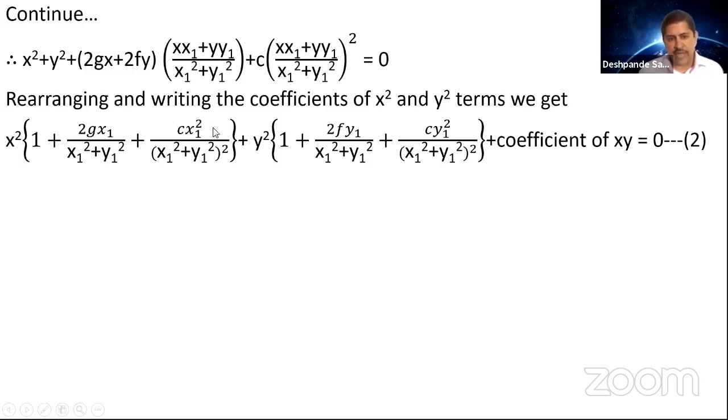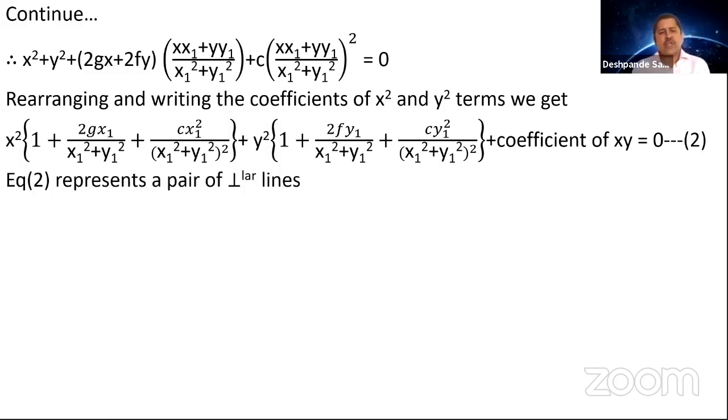Okay, so have you understood this? The second term is simply replacing g with f and x1 with y1. So you get 2gx1, here you get 2fy1. It is simple logic, no need of writing all the steps again. Once you understand this step, once you are able to do this, the second is simply repetition. Only in place of g, you are going to put f. In place of x1, you are going to put y1, everywhere it is seen.